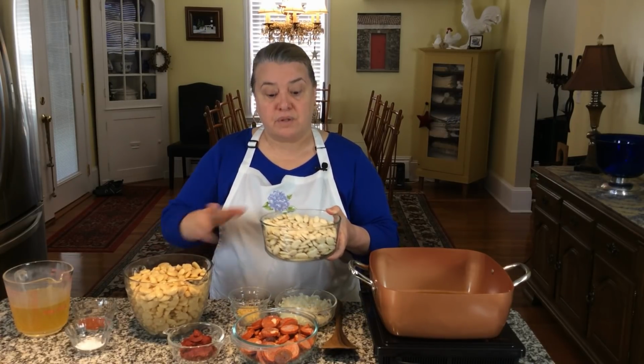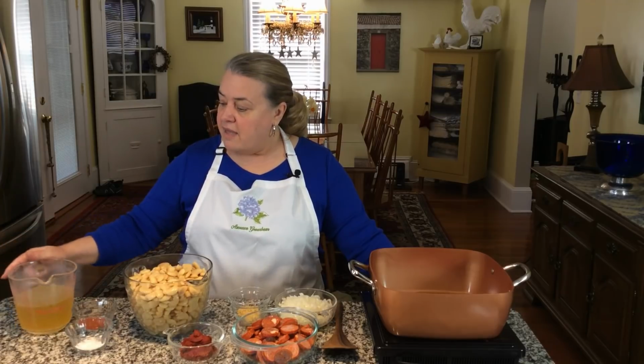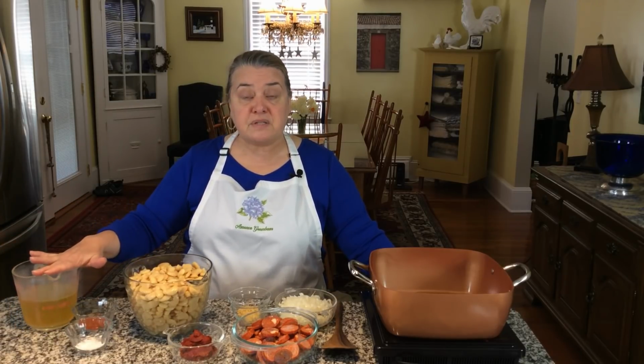But if not, you can do it this way, okay? We're trying to make it very simple for you here. And then it's paprika and salt to taste. And then we have about 2 cups of,